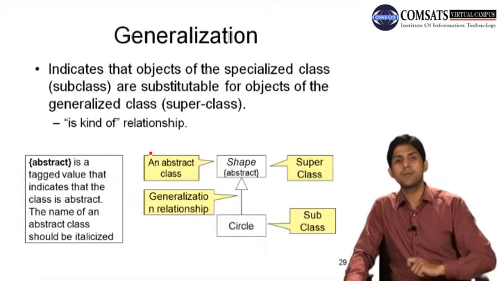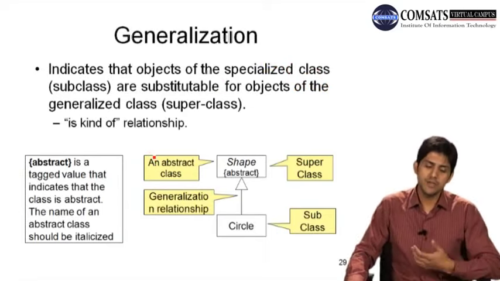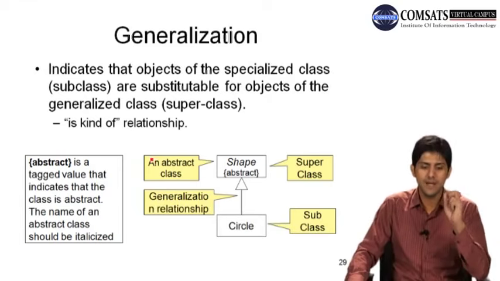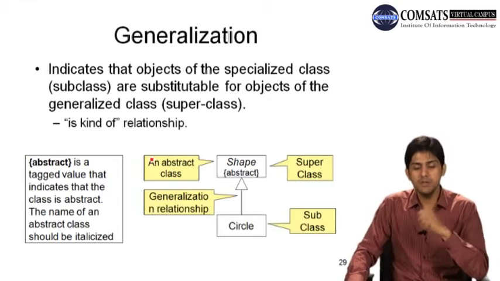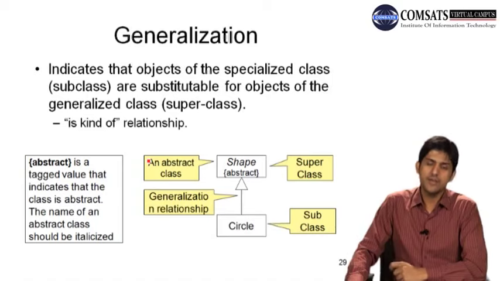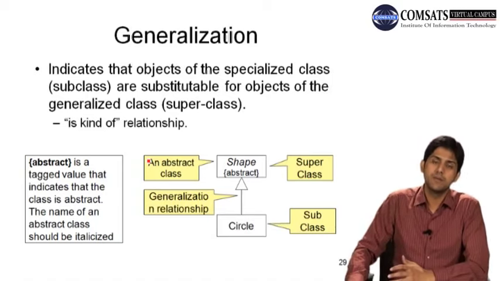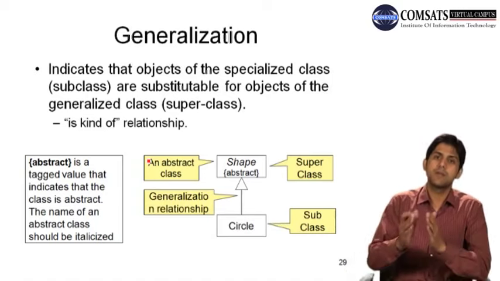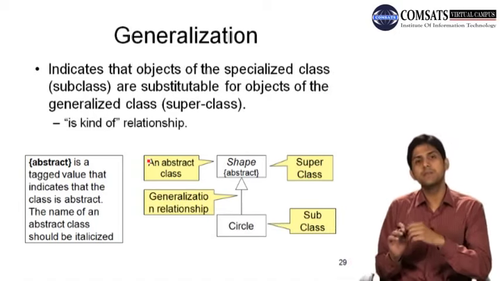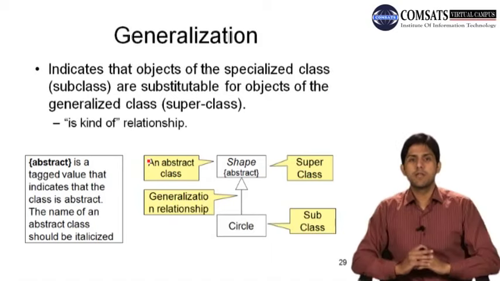ओके जी, then we have a type of association, या एसोसिएशन की एक कैटेगरी होती है जिनको हम कहते हैं जनरलाइजेशन। तो जनरलाइजेशन क्या करती है, it indicates that the objects of the specialized class are substitutable for the objects of the generalized class, ठीक है। और इसके अंदर होता है is-kind-of relationship, ठीक है। यानी कि जब दो ऑब्जेक्ट्स के दरमियान एसोसिएशन होगी तो आप उसको कह सकते हैं is kind of, ठीक है। जिस तरह आपने फॉर एग्जांपल आपने एक जनरल क्लास बनाई हुई है, ठीक है।